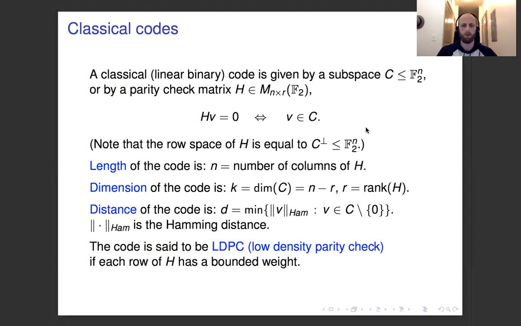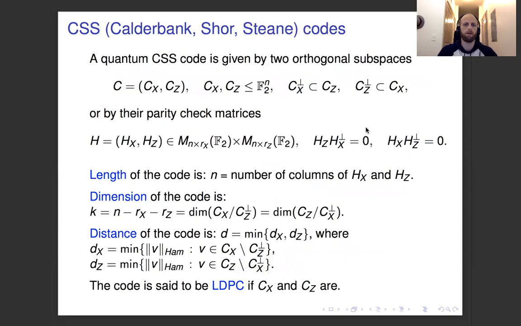And we say that our code is LDPC, namely low density parity check, if each row of the parity check matrix is of bounded weight. So these are notions from classical codes. Now,